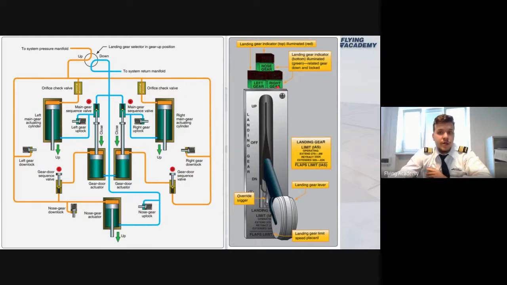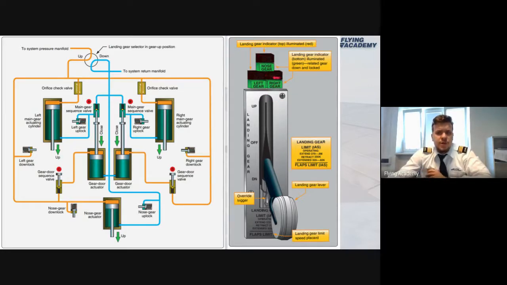So nose gear, right gear, left gear, all of these 3 green lamps will illuminate. So technically we'll have 3 green lights in the cockpit. In case our lever position is up and our landing gears are actually in the up position, in this case, all of this block will be switched off. So if the position of the gear is up and gears are actually in the up position, in this case, we will have no indication here.